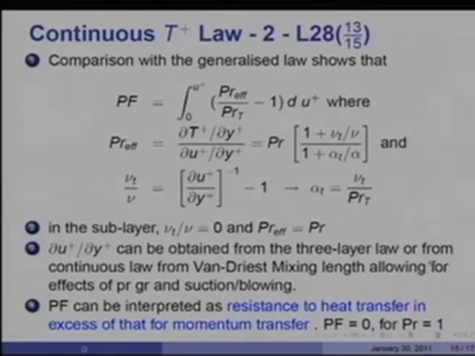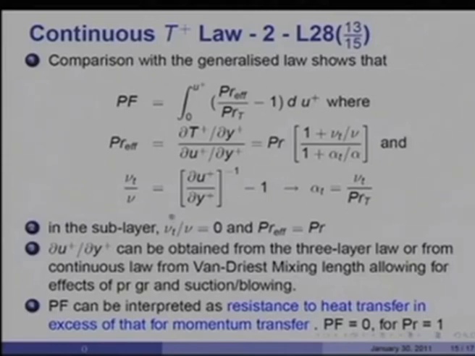Either we can take them from the 3-layer law, which applies only to smooth surfaces, or we can use the Van Driest mixing length model, so that we can also allow for pressure gradient and suction and blowing